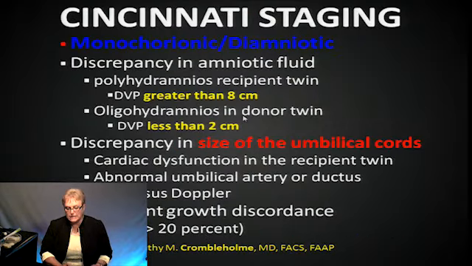The Cincinnati staging is looking more at the amniotic fluid discrepancy. We're using the deepest vertical pockets, discrepancy in the size of the umbilical cords, and then more the cardiac dysfunction. So we'll probably eventually come out with our own scoring system. The cardiac dysfunction really has been helping a lot with our recipient twins, trying to figure out when we want